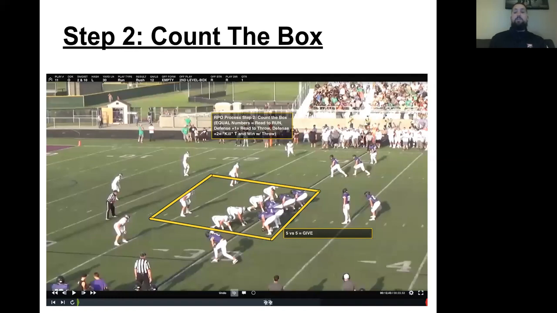Right? If we are minus 1, so they've got 6 and we've got 5 to block 6, we are read to throw because that cat could line up there and he could bail out of the box, or he could stand flat-footed. And if he just stands flat-footed at 4 yards, we're going to hand the ball off and let our back go be an athlete and try to win that, okay? And we'll take 4 yards. 2nd and 6 ain't bad, right?